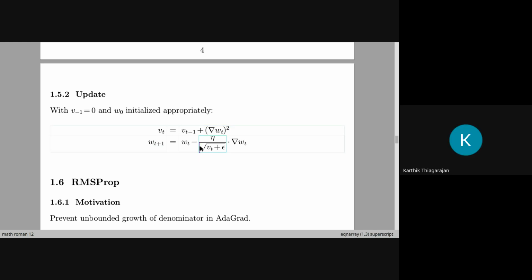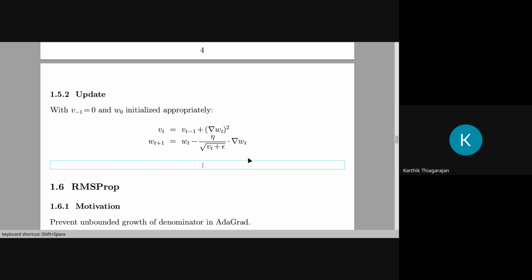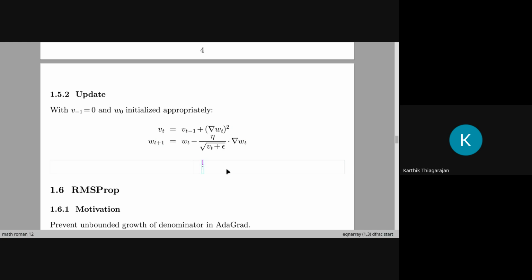And your square root anyway ensures that you are only scaling. If you look at the textbook, what they say is that this is effectively throwing away the magnitude of the gradient and only retaining its direction. So if you think about this, what is this effectively? Forget the history part. Forget that there is some history behind it, and set epsilon to be 0. So v_t is just